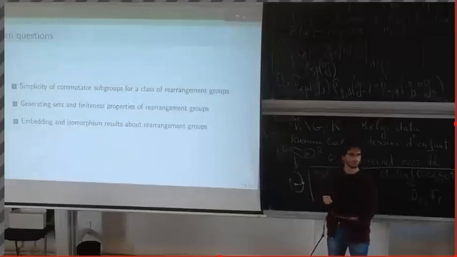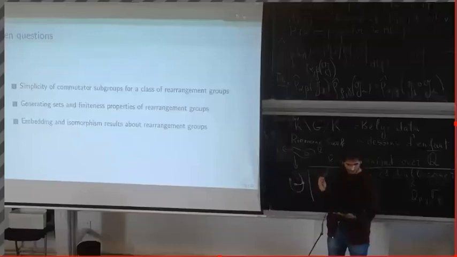But we don't then know, maybe we can prove something about the second commutator subgroup of every rearrangement group, or maybe we just need to find the right family of these groups. But there must be some sort of more general result, because it's really turning out to be everywhere, the result,